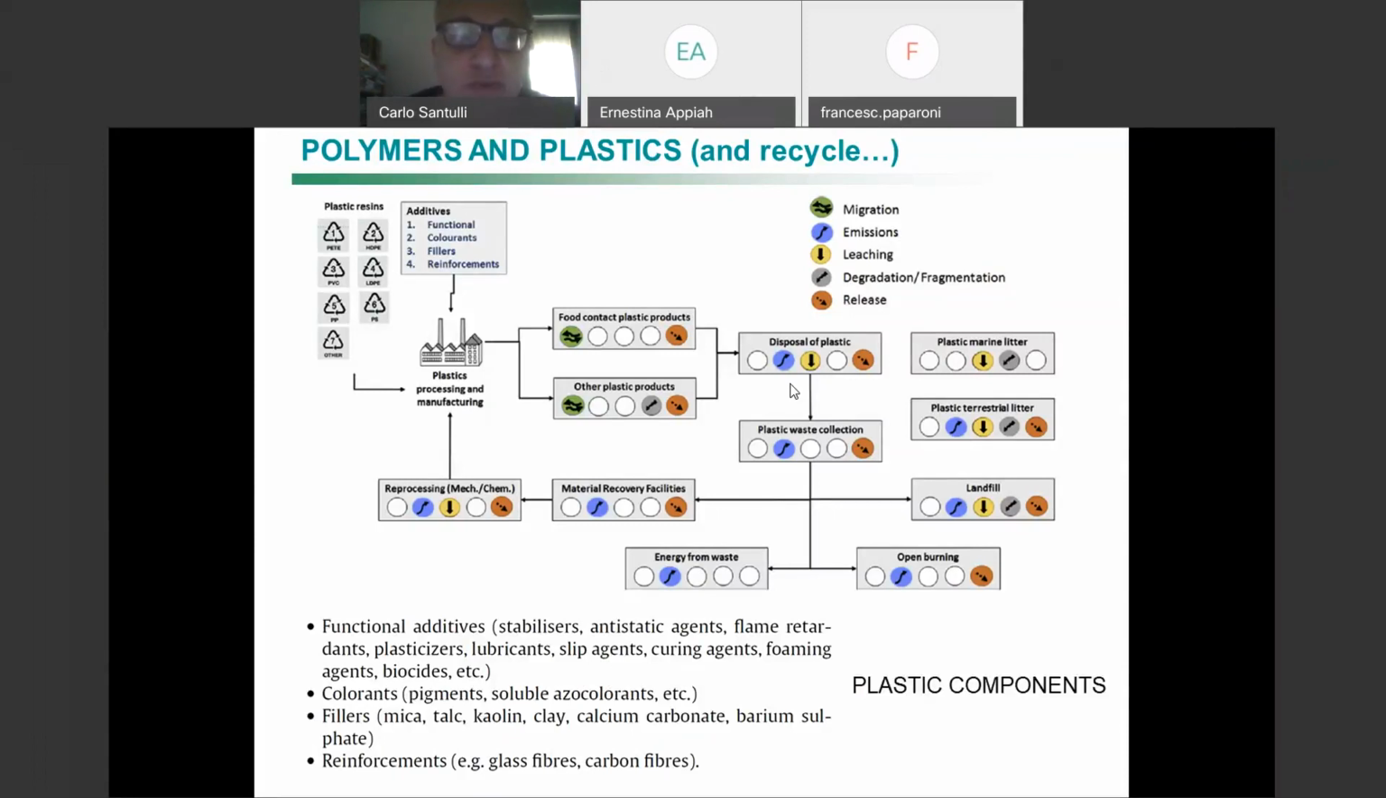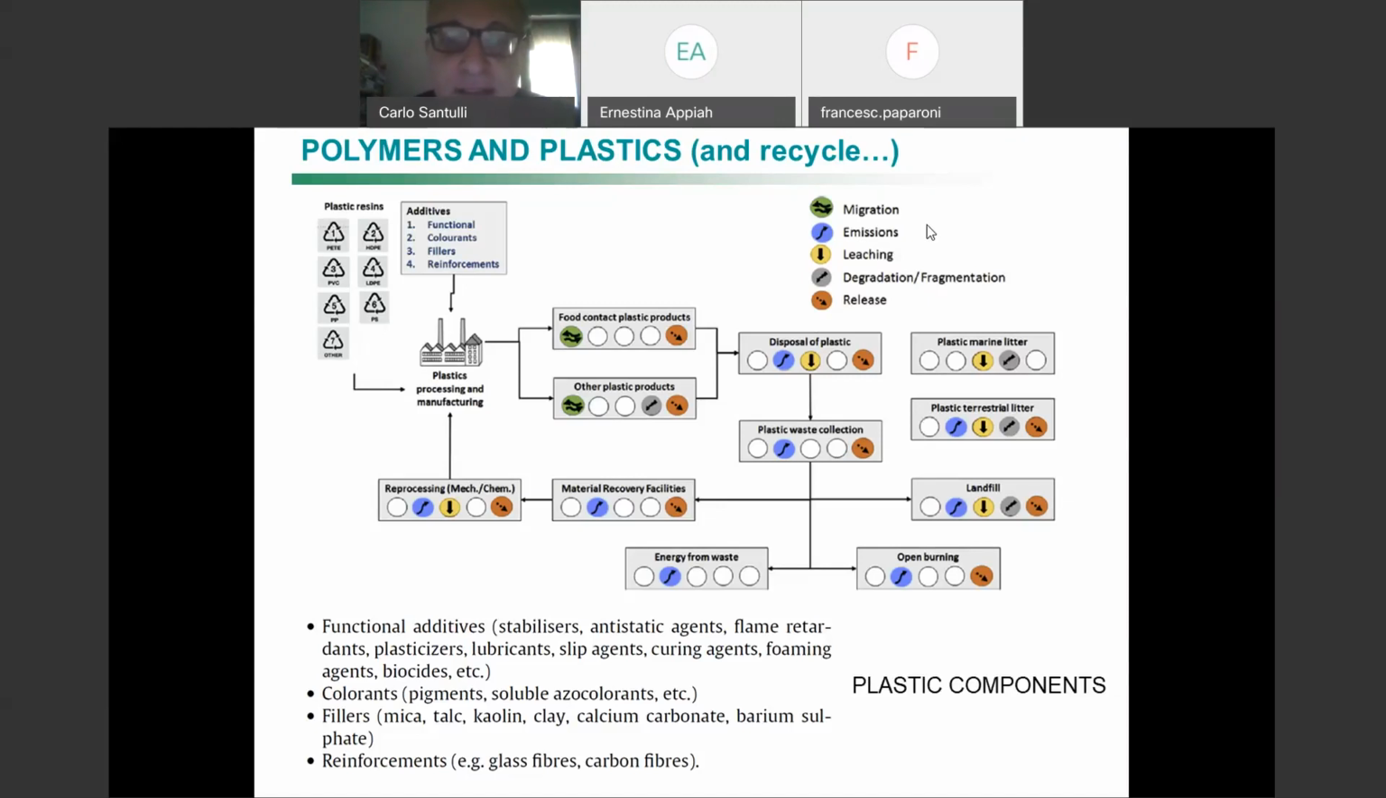Today we are going to talk about polymers. We were talking about composites last time, polymer-based composites, and now we concentrate on polymers. First of all, it is important to know that there is a substantial difference between a polymer and a plastic,